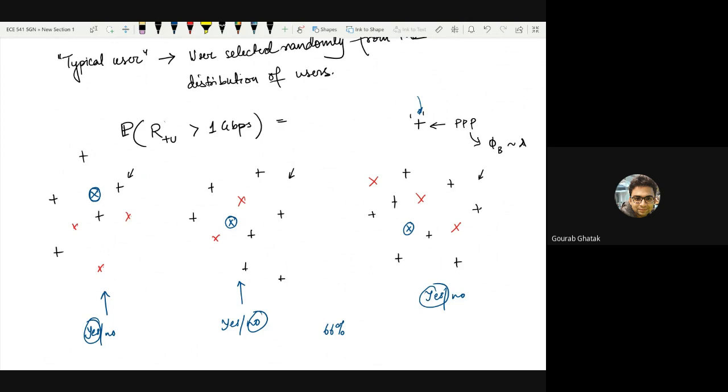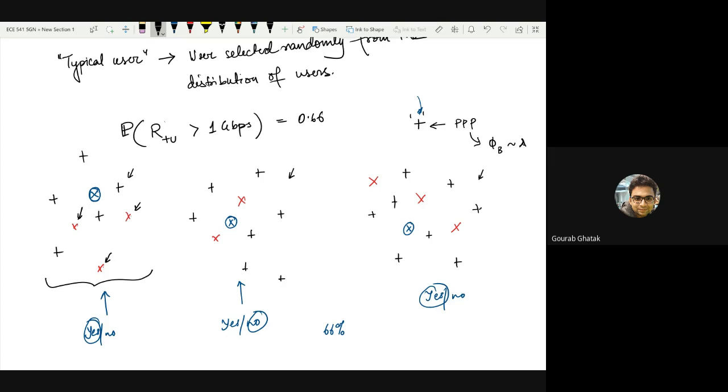So this is what we have calculated here. Ergodically, when I say ergodically, it means for a given realization, 66% of the red guys will have a rate greater than 1 Gbps if you yourself are having a rate greater than 1 Gbps 66% of the times across all realizations. Is this clear, or does it clarify this term ergodically? Yes, sir. Okay, perfect. Any other questions from anyone?